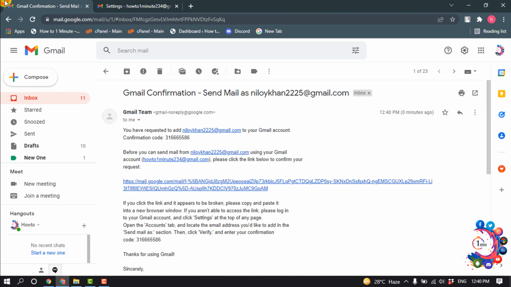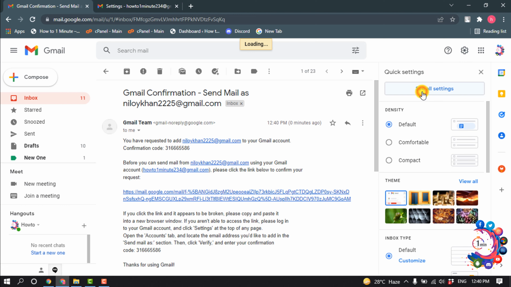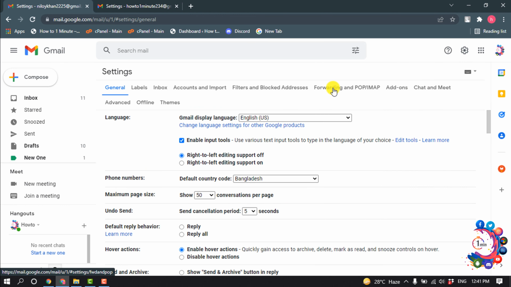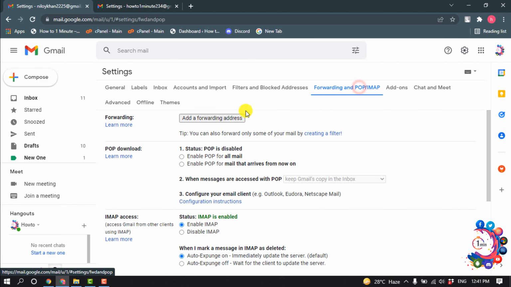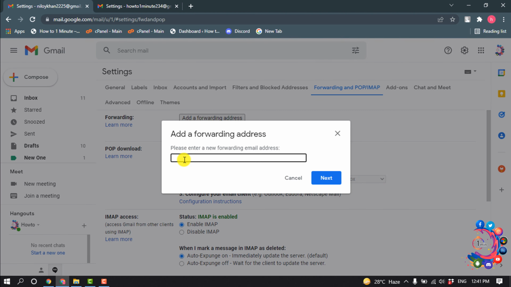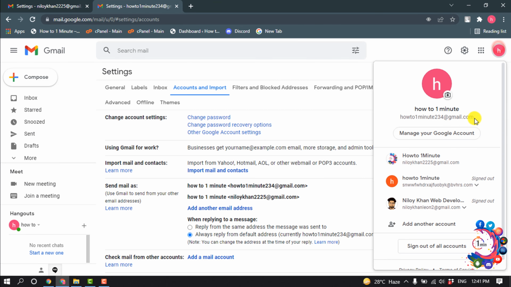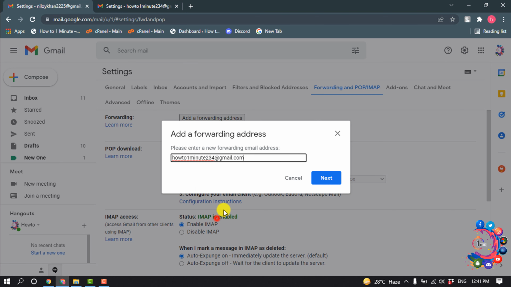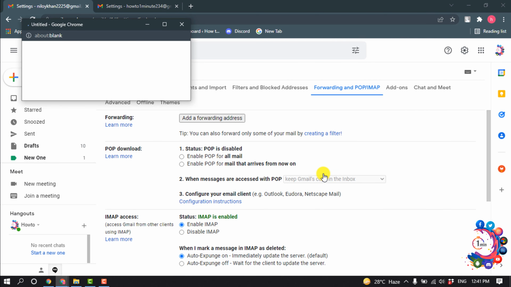And now go to your old Gmail account and click on settings, see all settings, and click on forwarding and POP/IMAP, and click on add a forwarding address. And here you have to put your new Gmail address. So I'm going to copy my new Gmail address and I'm pasting it here. Next, and click on proceed,